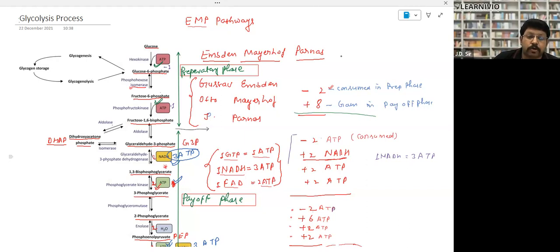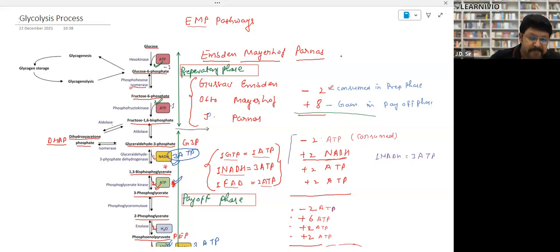When glucose breaks down into glucose 6-phosphate, 1 ATP is consumed. I have written minus here, right? If you do not remember the enzyme, it's okay. That's why I have not underlined the enzyme. I know you will forget it. Now the glucose 6-phosphate will convert into fructose 6-phosphate. Both are isomers of each other. That's why the enzyme utilized here is isomerase. In the presence of isomerase, glucose 6-phosphate converts into fructose 6-phosphate.